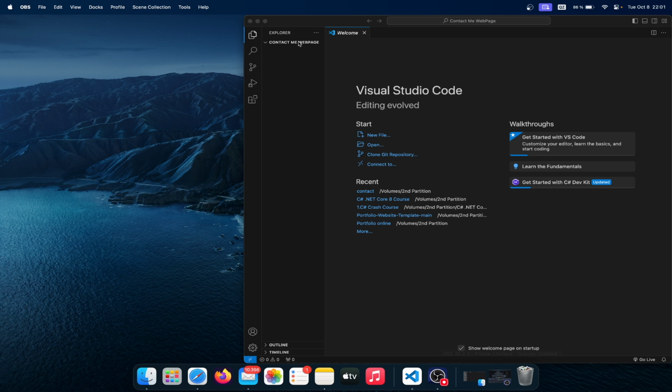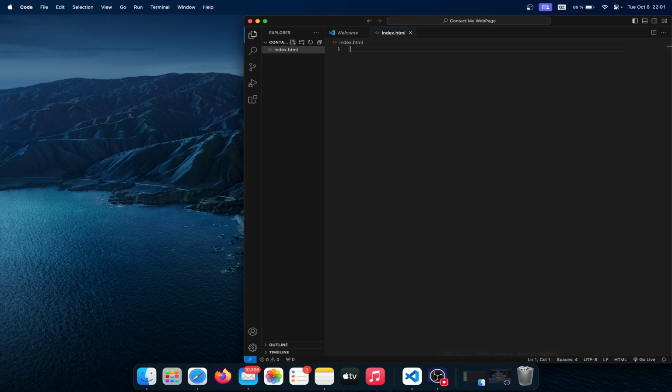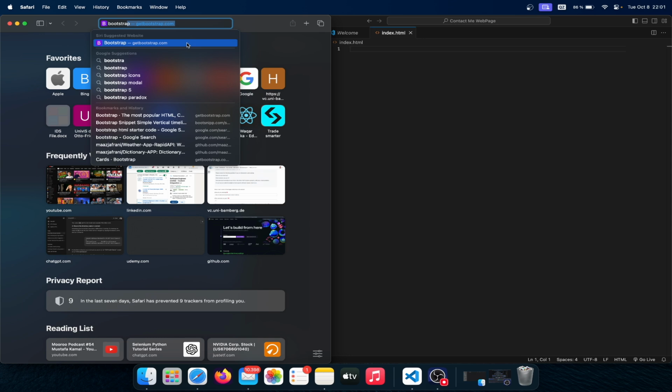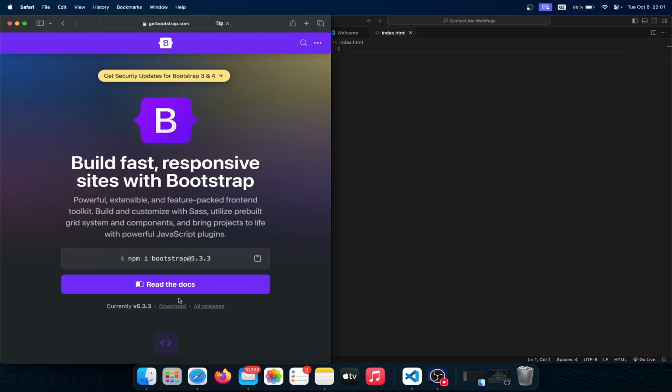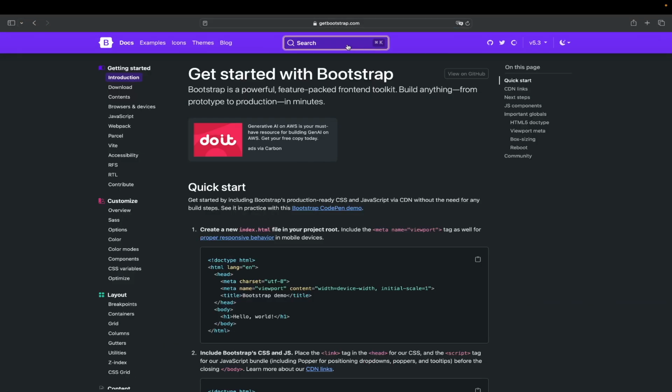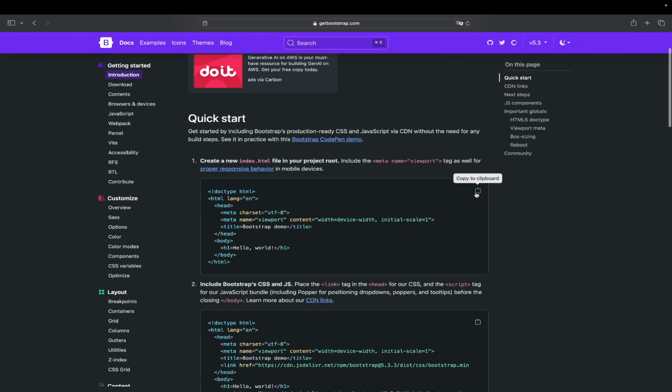So first of all, I'll create an index.html file, and then I'll use a boilerplate from Bootstrap. I'll go to docs, okay, so this one. So I'll use this boilerplate